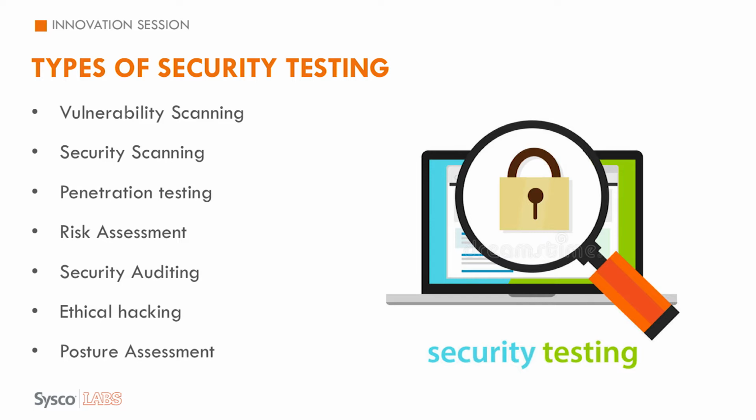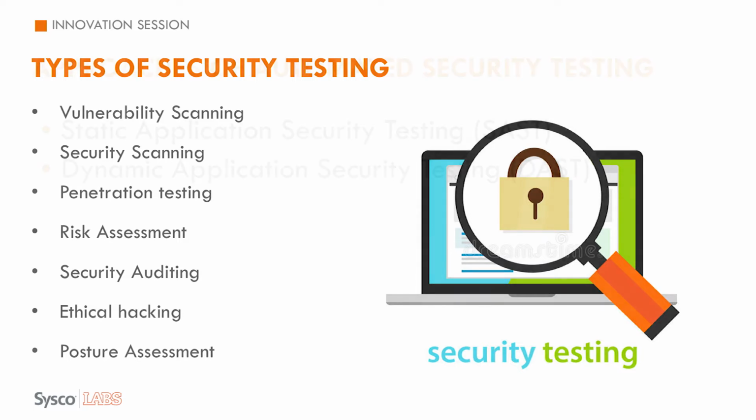Then there's also risk assessment, for you to understand the risk, where you draw a plan that gives you the risks and analyze those risks. Then there's security auditing, which is a basic security audit of your system. Then there's ethical hacking. These are skilled people who will literally try to hack your system. The word ethical means you give them access and they try to hack the system and find the loopholes in it. And then there is also